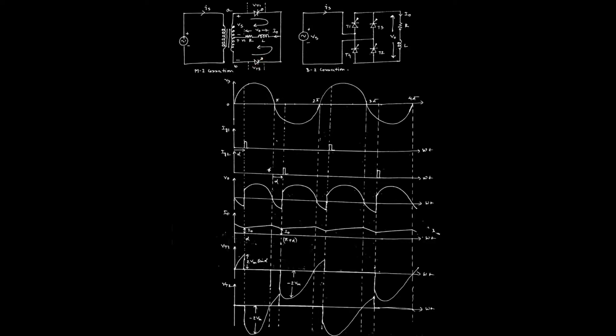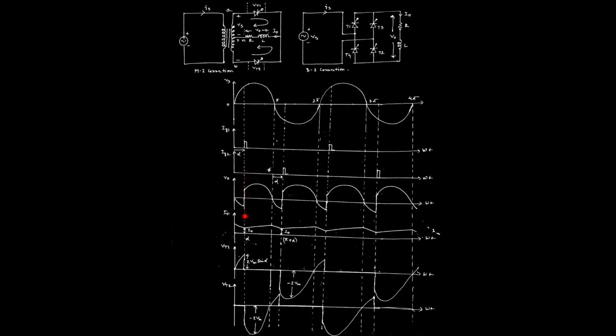The pulse should be given at the negative cycle of the supply. That is why Ig2, with angle alpha, is applied at the point pi plus alpha here, and the next will be given at 2 pi plus alpha, 3 pi plus alpha. That means Ig1 stands for the positive half cycles of the supply, and Ig2 for the negative half cycles. Okay.